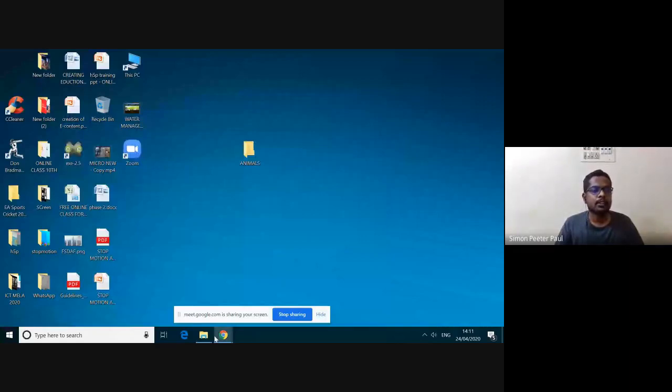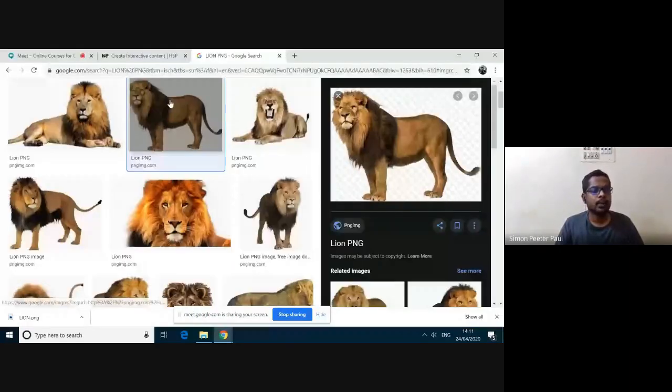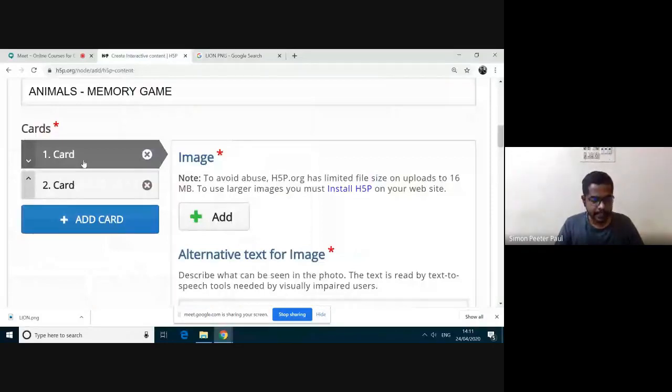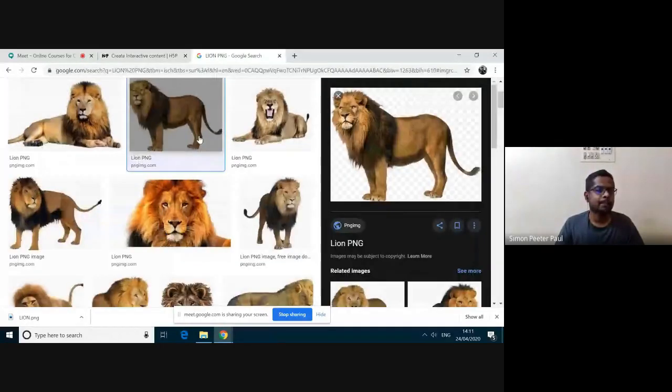Here I need card, the card one. I want to add an image. To add an image, right now I don't have any image, so I'm going into Google and then I type lion PNG and then to the tools, click the tool button, and then I went to the third option.